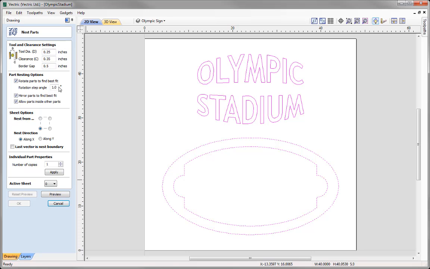Now the next section that we have is the part nesting options, where we have different methods that we could use to arrange the vectors that we've got selected to best fit in the space that we have, just to really efficiently make use of the material that we've got. For now, I'm not going to select any of these options. I'm just going to uncheck those, and we'll just see how the software nests the part using the options below,